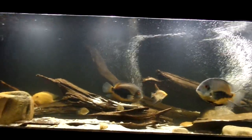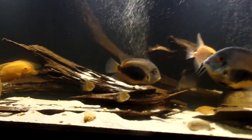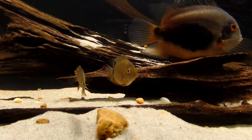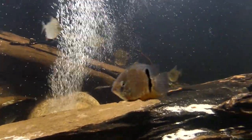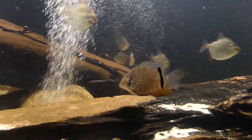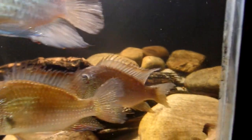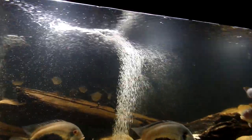Just want to do a little update. I've got the new Severums. There's 4 that are this size and they're all doing really good, and then there's 2 other little ones. There's 3 of the 4 of the bigger ones. They're getting there. Those are my green Severums, and then there's 2 itty bitties that still hide out here a lot. I put my electric blues back in, and I put the big Jurapari back in. Everybody seems to be getting along, but the main reason for the update is not complaining about the BRS